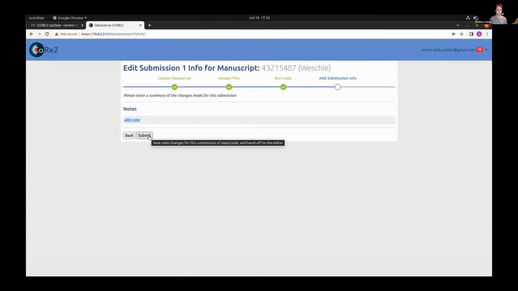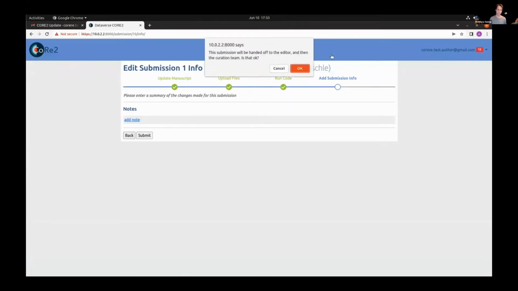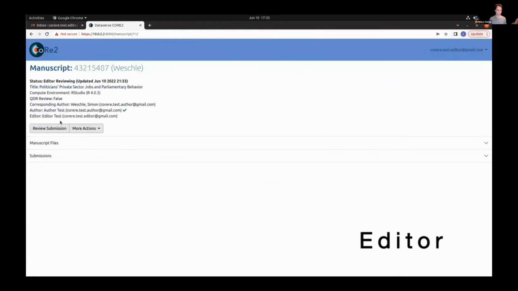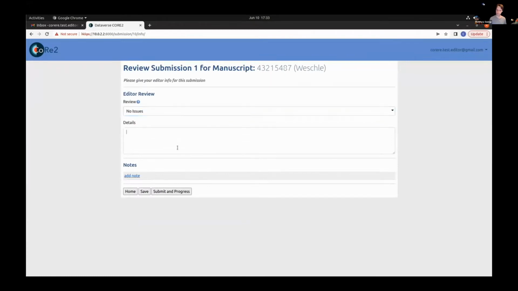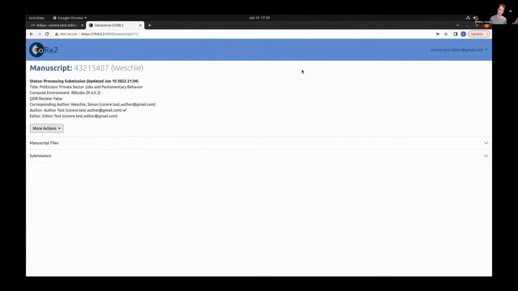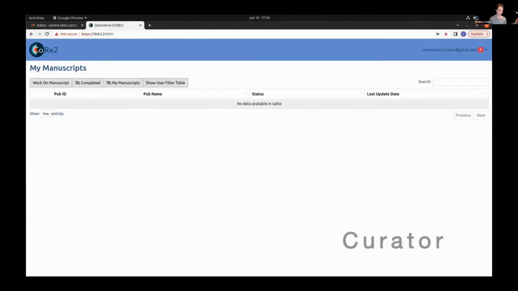Last, they're able to enter info about things that have changed, but this is their first submission, so there's no info for them to add. So now that they've submitted this, the editor is informed that there is a submission that needs to be approved before handing to the curation team. And they do a quick look over. They always look over things before the curation team gets it. The editor thinks everything is okay, even though the README is missing. So it gets passed on to our curator,